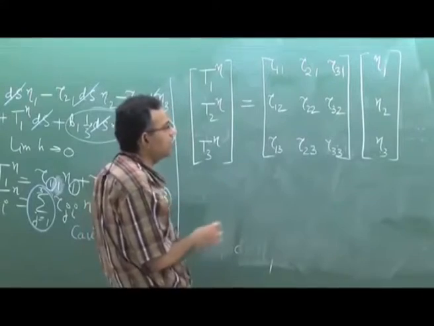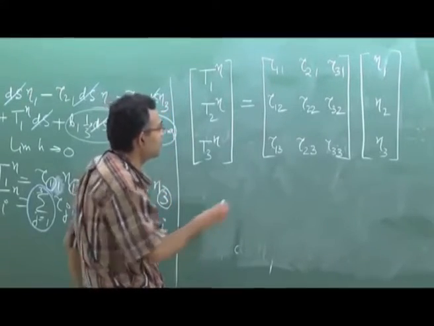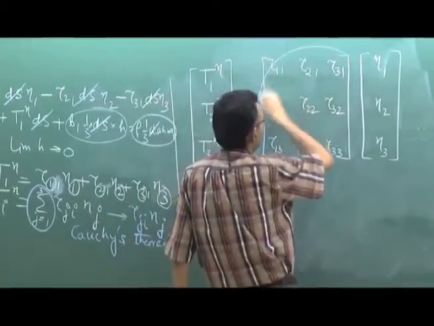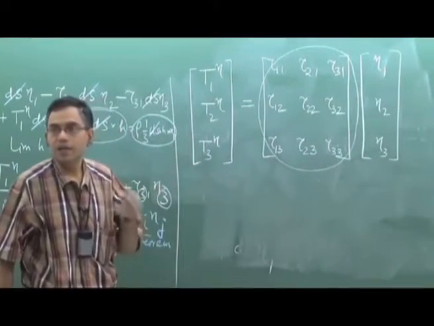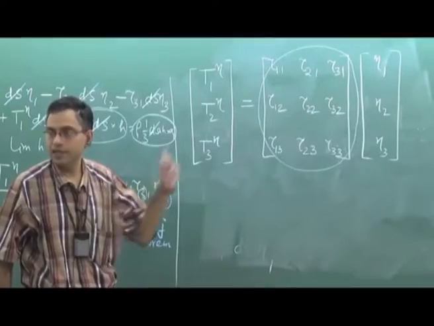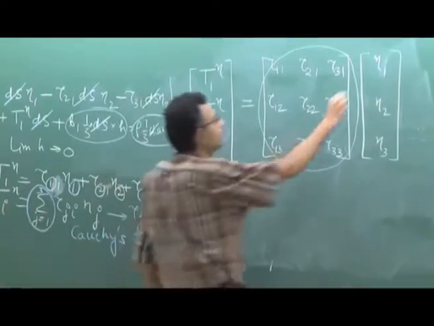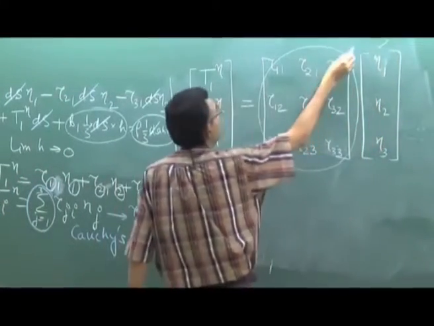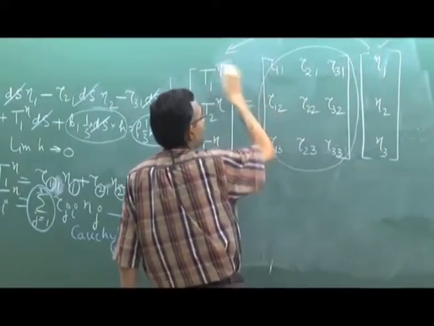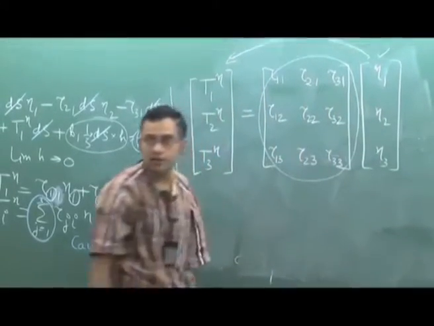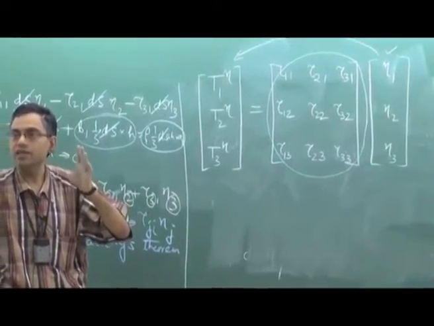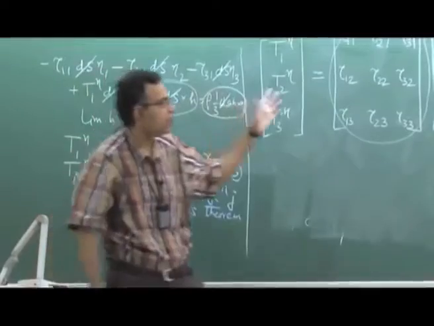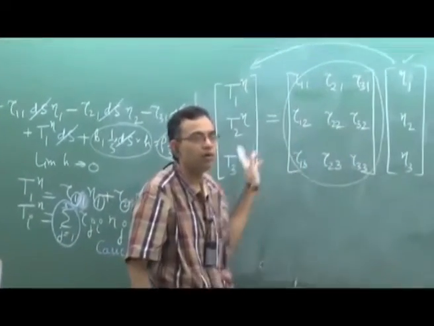Here you can see that this is a second order tensor, which we have already discussed. We have discussed that the second order tensor maps a vector onto a vector, and you can see that from here. This is a vector, and it is mapped onto another vector by means of this second order tensor. So, if this is the case, then we say that the tensor is a second order tensor. It is capable of mapping a vector onto another vector.